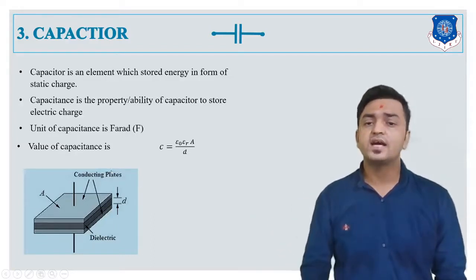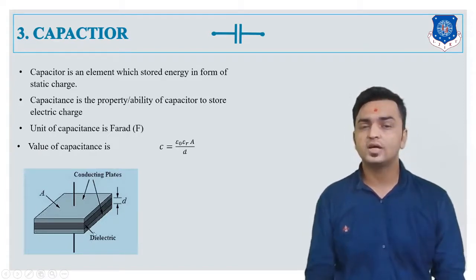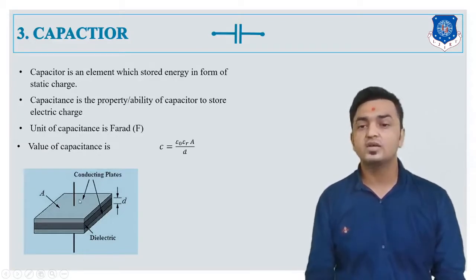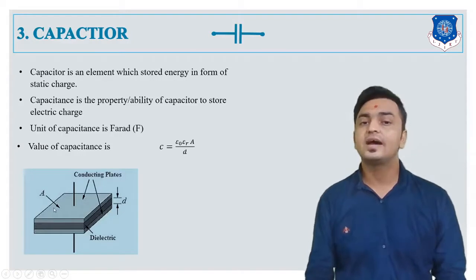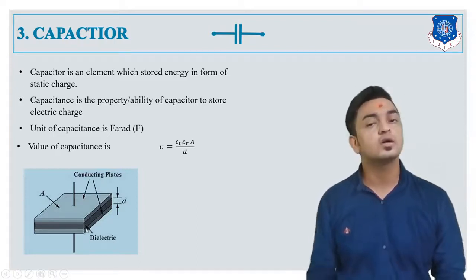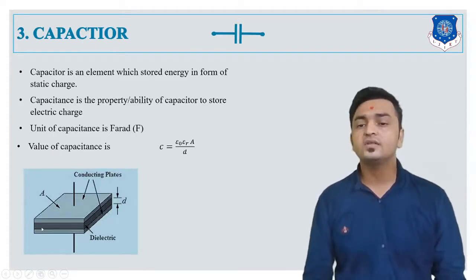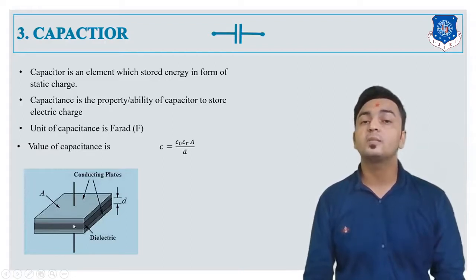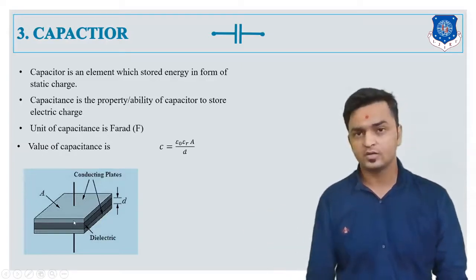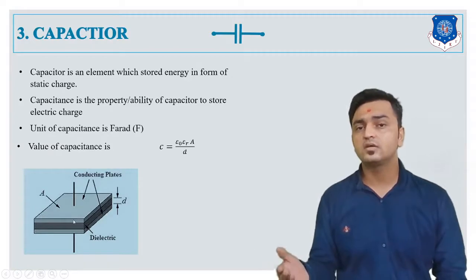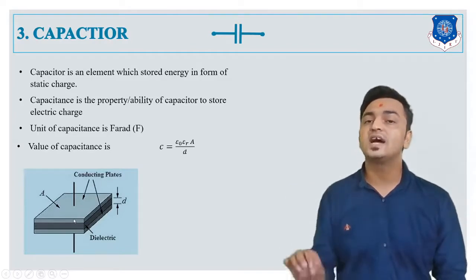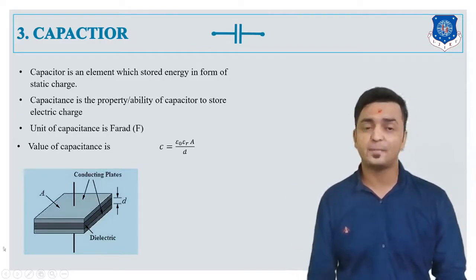Here we have a diagram in which we have one capacitor, and we know the basic structure of a capacitor, in which we take two conducting plates. In this diagram, the first plate, in light color, is conducting material, and at the lower side is another plate made of another conducting material, and in between these two plates we can find another layer of material, that is a dielectric material, in other words insulating material. So the basic structure of a capacitor is two conducting plates separated by a dielectric or insulating material.